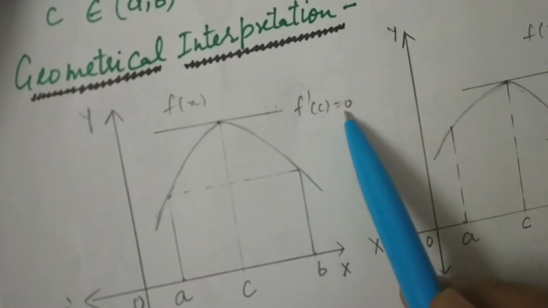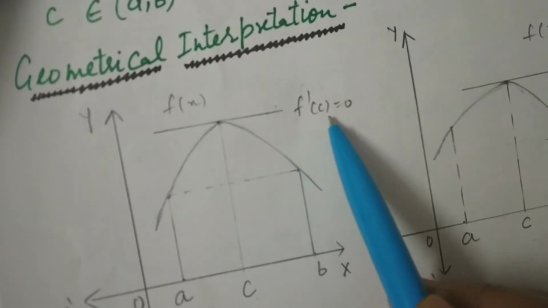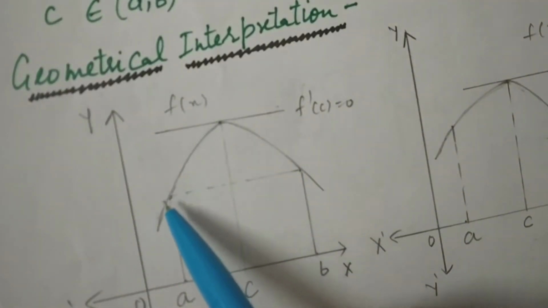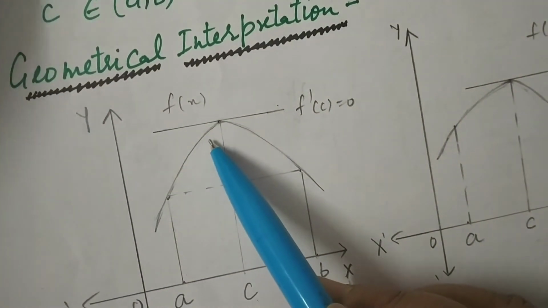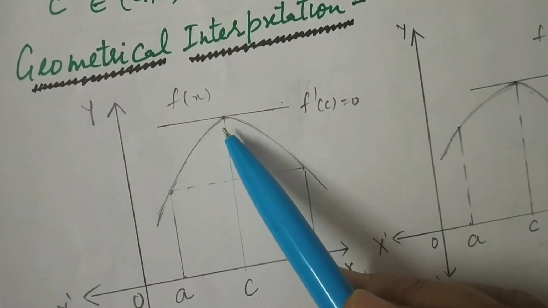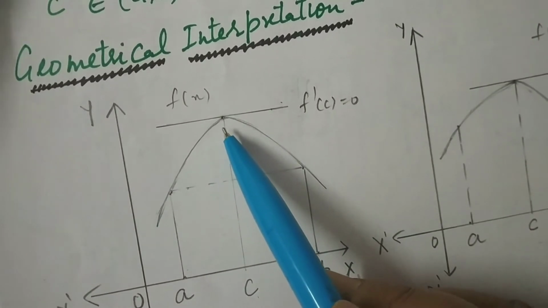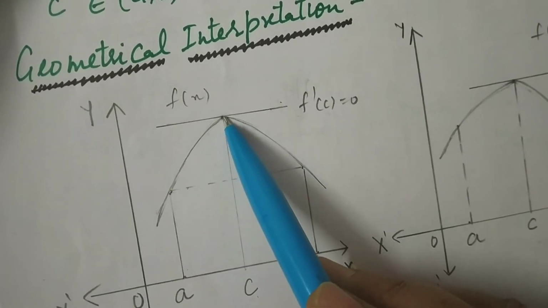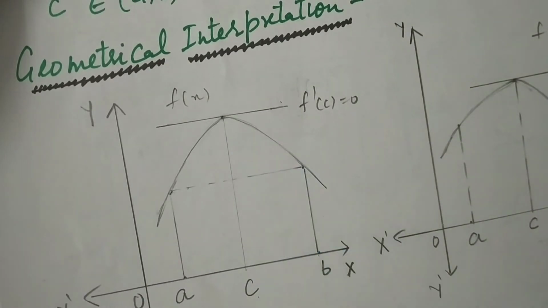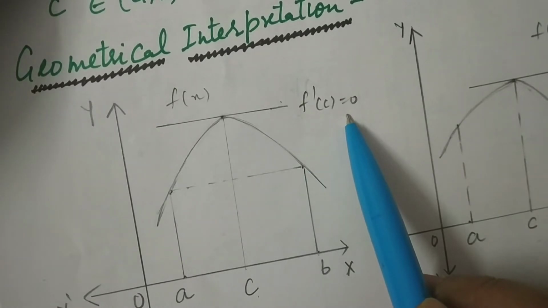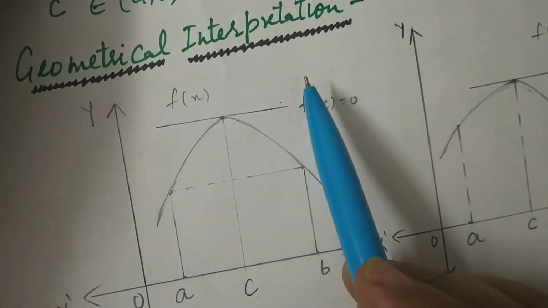What is the meaning of f'(c)? First we need to understand what f'(x) is. f'(x) shows the slope. So in the graph of a curve, if the curve changes its slope, that point is where it is changing its nature. So first it is making its slope 0, then it changes. At this point we can see that f'(c) equals 0. This way we can represent the above said theorem.